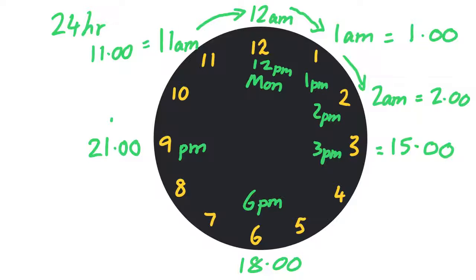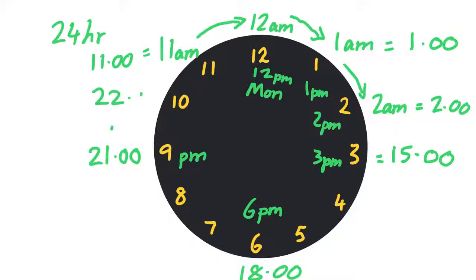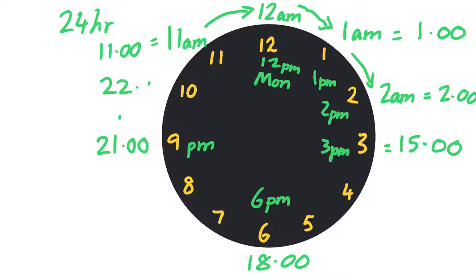And so it goes like that all the way. We keep counting like that. So if we were talking 24-hour time, we'd say this is 2200 hours. Yep. Okay, 2200 hours. 11 p.m. would be 2300 hours. And then finally, when we get back to the top again, okay, Monday's nearly finished now.